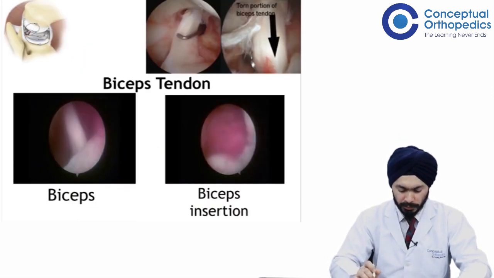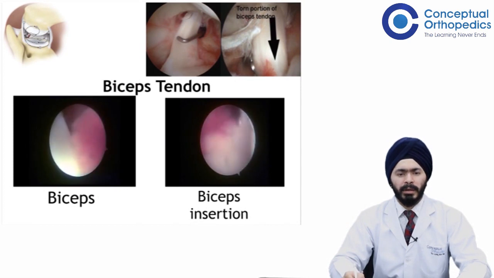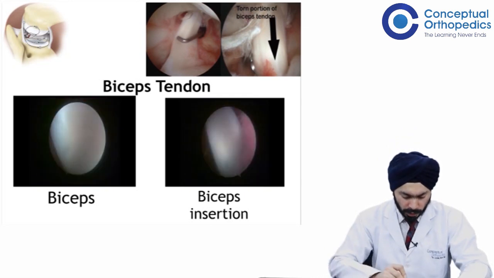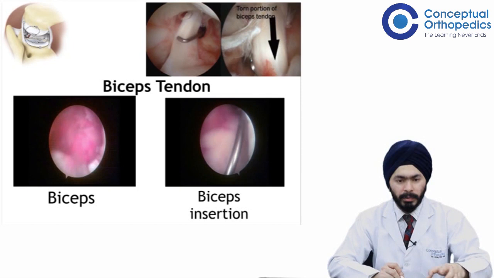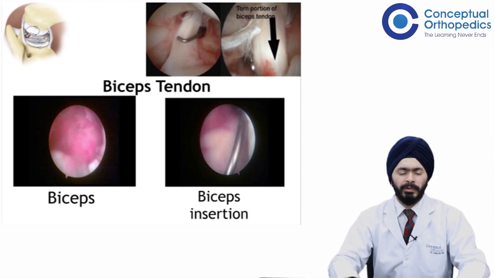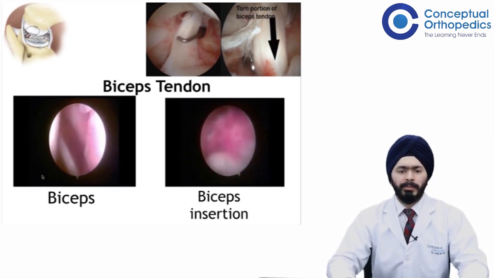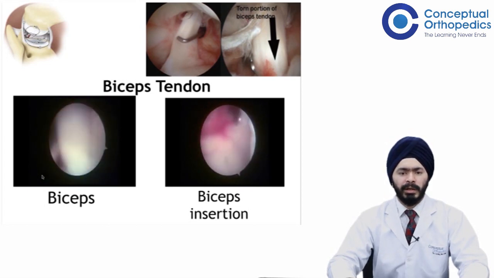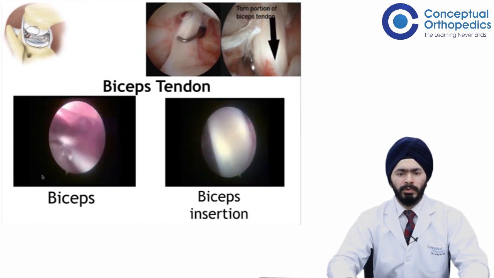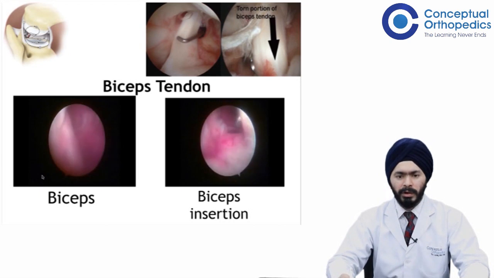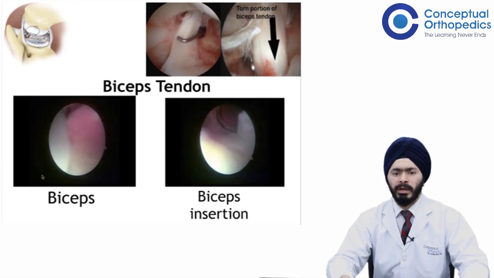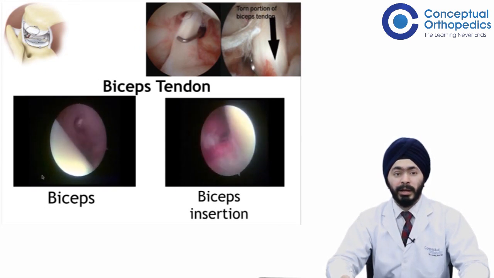So first structure, visualizing from your posterior aspect. The first 10 steps are visualized from posteriorly. When you start with your viewing posteriorly, can you switch on the first video, the left side video? Just look at the anatomy on the left side. There is the biceps tendon going vertically. You look at the biceps tendon going into the bicipital groove, and using a probe you try and look for the stability of the biceps tendon, whether it's stable, and whether there is any labral pathology, superior labral pathology.